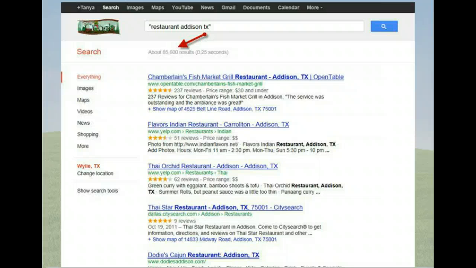When you're in Google search and you're looking for that item, if you put your specific words in quotes, see, it's narrowed it down from 491,000 to 85,600, because it's only going to look for those exact results that fit the phrase that you've put in between quotes.